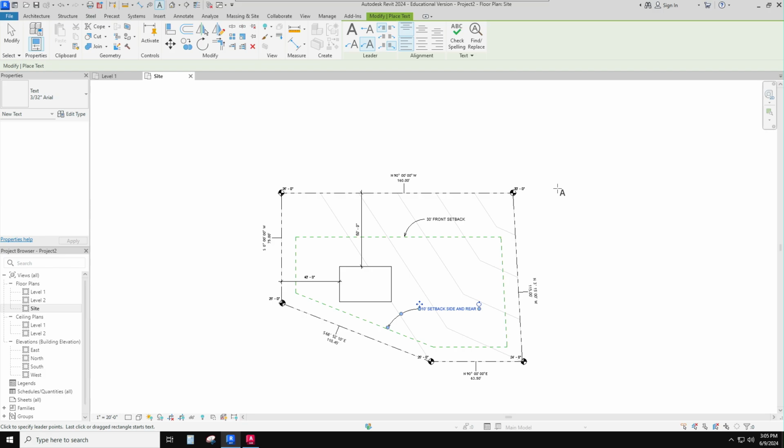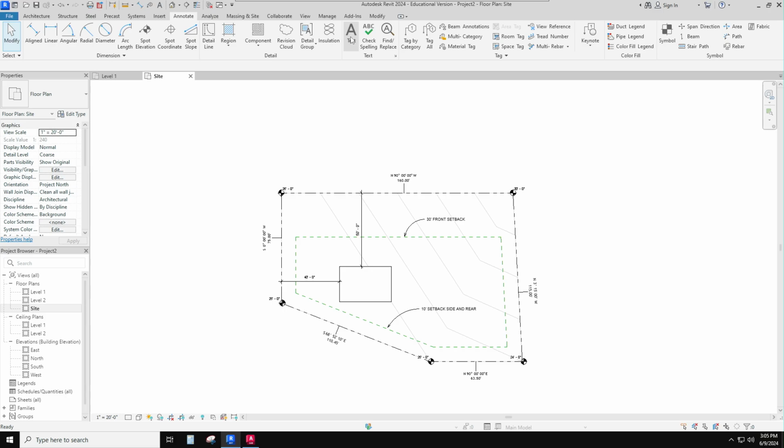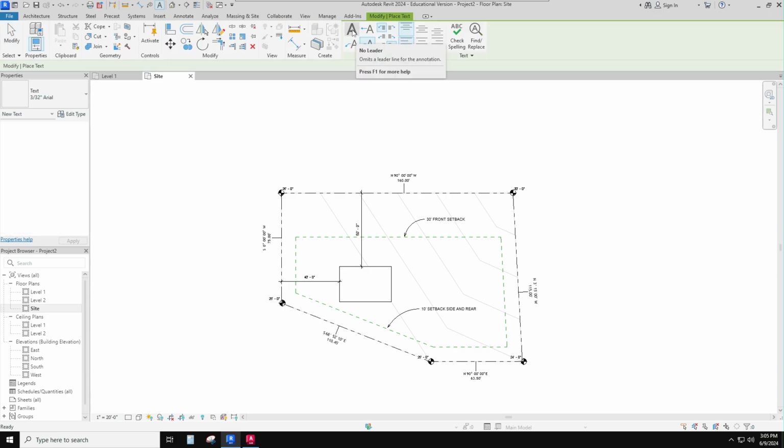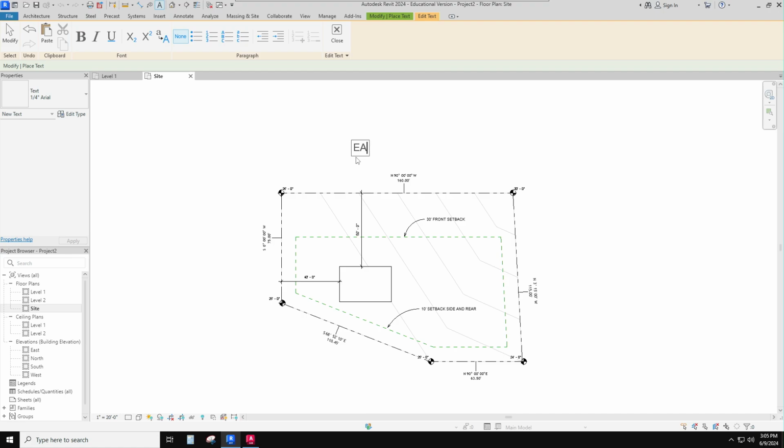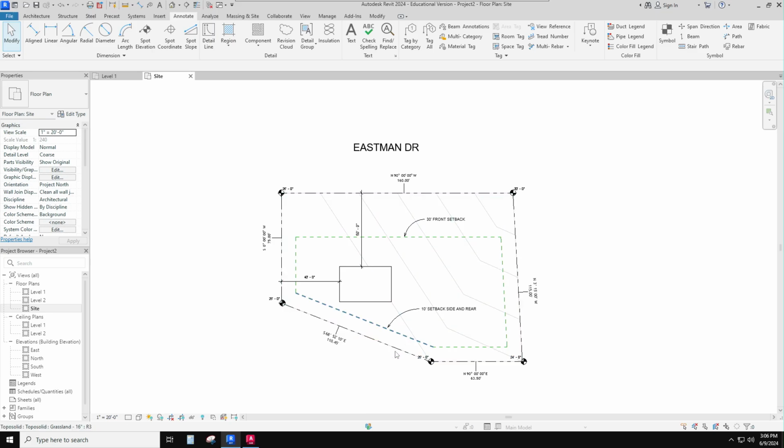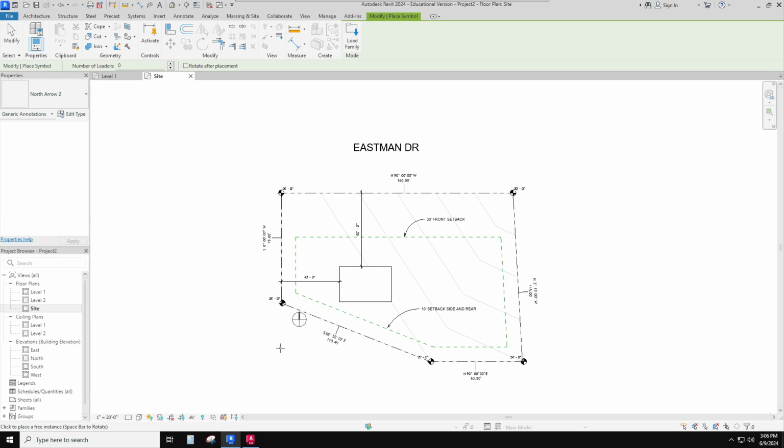And I think another thing that I need is now text, but I'm just going to do a text box, and it's got to be big, 1/4 inch. That's got to be my Eastman Drive. And what am I missing? I'm missing my symbol over here. Symbol, north arrow,